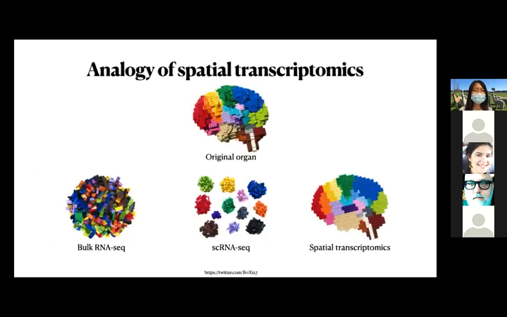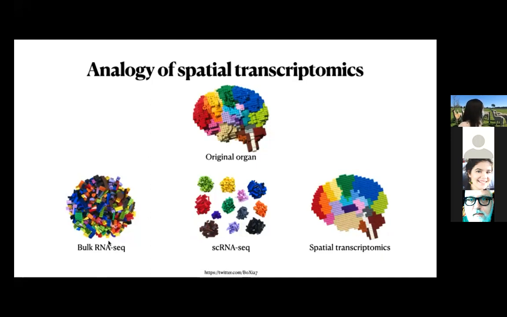and Python. So, okay, first of all, here is a very nice analogy for spatial transcriptomics. On the top, as you can see, this is the 3D actual biological structure of the original organ. And then starting from the Human Genome Project in around 2000, all the way until sometime before 2010, people have been mostly using bulk RNA sequencing. So in that sense, we don't have the single cell resolution. And then starting from 2013, there has been this single cell RNA sequencing technology so that we can